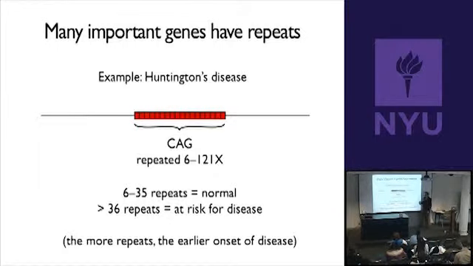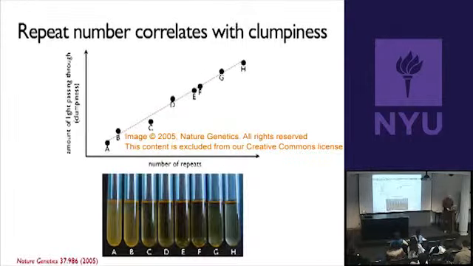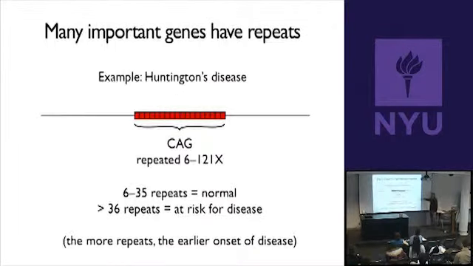If an individual has between 6 and 35 repeats, they're normal. They don't have Huntington's disease. But if they have more than 36 repeats, they're at risk for the disease. And the higher the number of repeats, the more severe the disease tends to be, okay? So in a way, this is the human equivalent of this very simple example from yeast. That is, a small number of repeats is associated with one phenotype. In humans, it's normal function. And a high number of repeats is associated with disease,